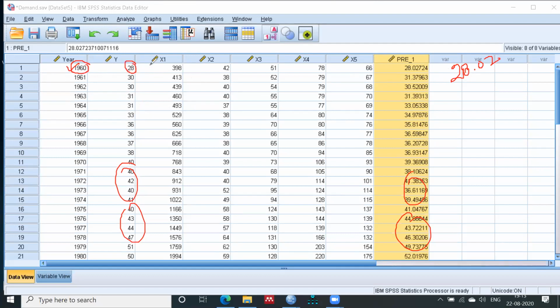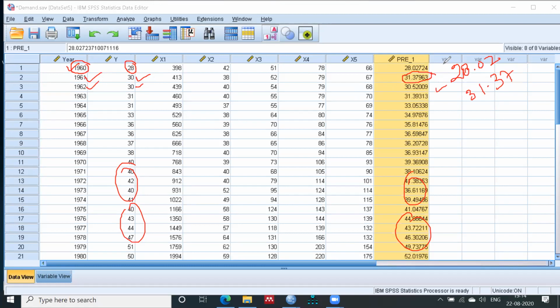It is just 28, right? For 1961 it was predicted that demand will be 31.37, but in the actual we got only 30. Same in the case of 62, the actual is 30 and the predicted is 30.52.